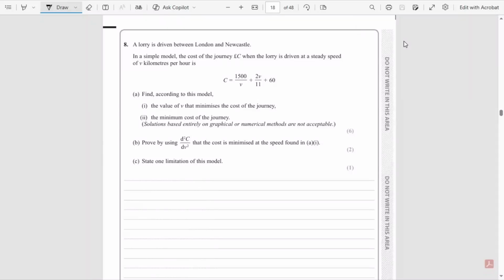Hi everyone. In this video, we're going to work through another Year 12 Pure Maths question from the AS 2018 paper. This question is about modelling with stationary points. We have a lorry that is driven between London and Newcastle. In a simple model, the cost of the journey, C pounds, when the lorry is driven at a steady speed of V kilometers per hour, is given by C equals 1,500 over V plus 2V over 11 plus 60. For part A, find, according to this model, the value of V that minimizes the cost